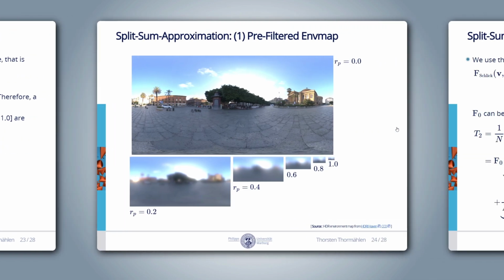Here you see the results for the mipmap levels of a pre-filtered environment map. Mipmap level 0 has the highest resolution and the perceived roughness rp is 0. For the largest mipmap level, which is level 5 in this example, rp is 1. For a higher roughness value, the distribution of samples is wider, and thus high frequencies in the input image are averaged out. Those low frequency results that we get for larger roughness values can be stored in a mipmap level with a lower resolution without losing much information.